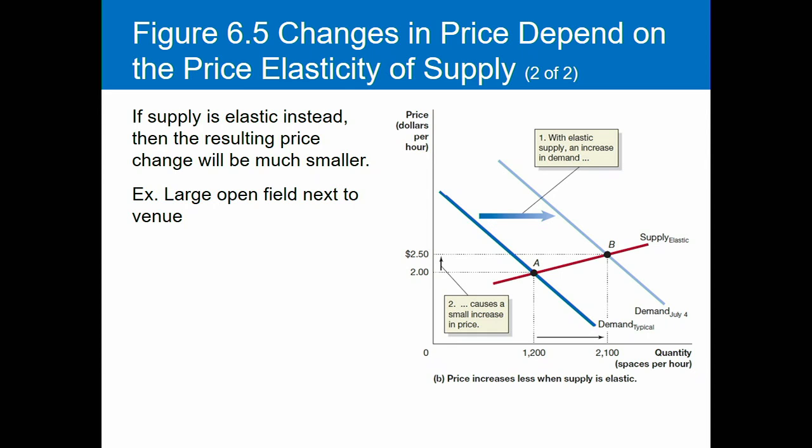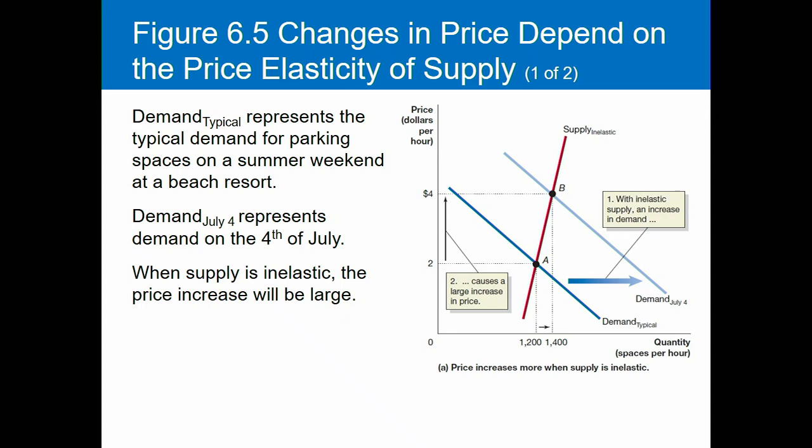So we can estimate whether the price elasticity of supply is elastic or inelastic, and we can anticipate what it's going to do to prices and to quantity. Even if it's just a very rough estimation, we could say that if the supply is elastic, we're going to have a large increase in the quantity supplied and a smaller increase in the price. Whereas if it's inelastic, the supply is not going to change very much, so we end up with a large increase in price and a small increase in the quantity supplied.